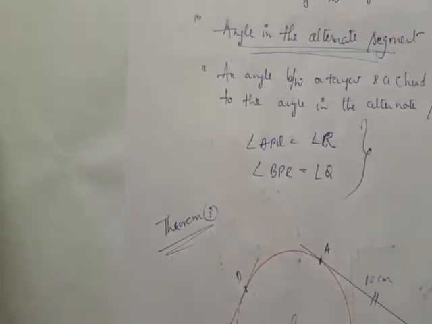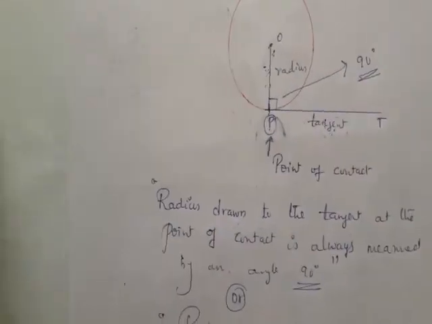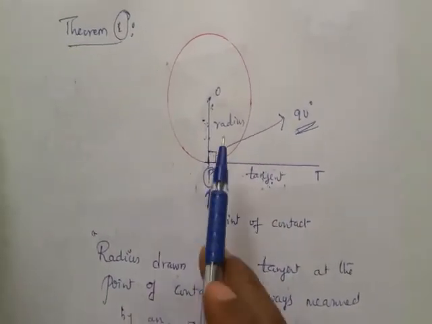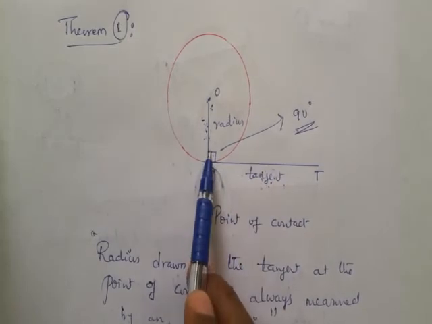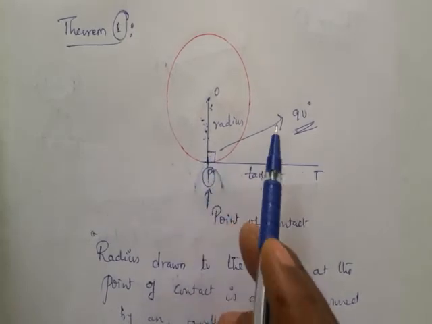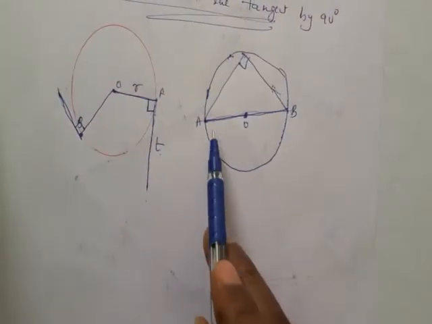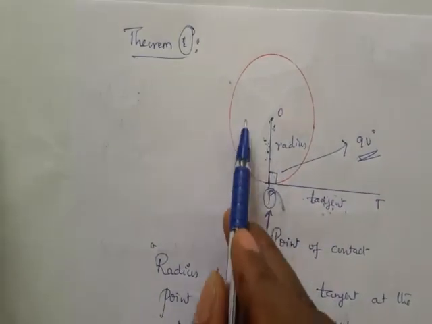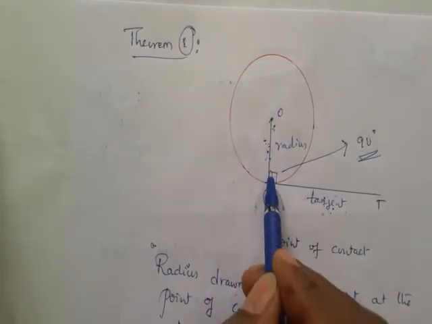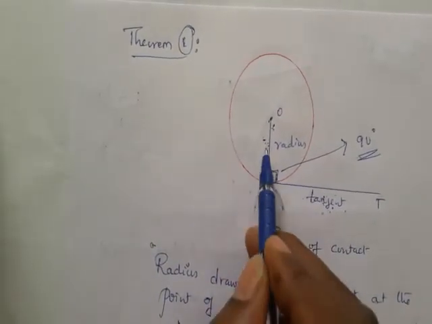So these are the three important theorems you have to learn from the circles. I repeat the theorem. Radius and tangent, when they meet, don't wait for anything, mark 90 degrees. Just as when we see a diameter we first mark 90 degrees, similarly, when we see radius and tangent, don't wait for anyone, mark 90 degrees. Radius and tangent always give 90 degrees.